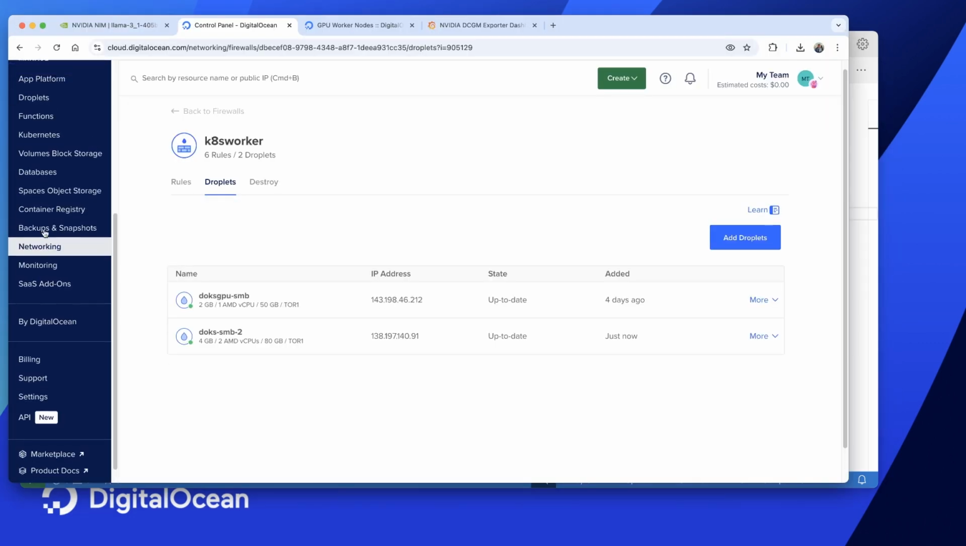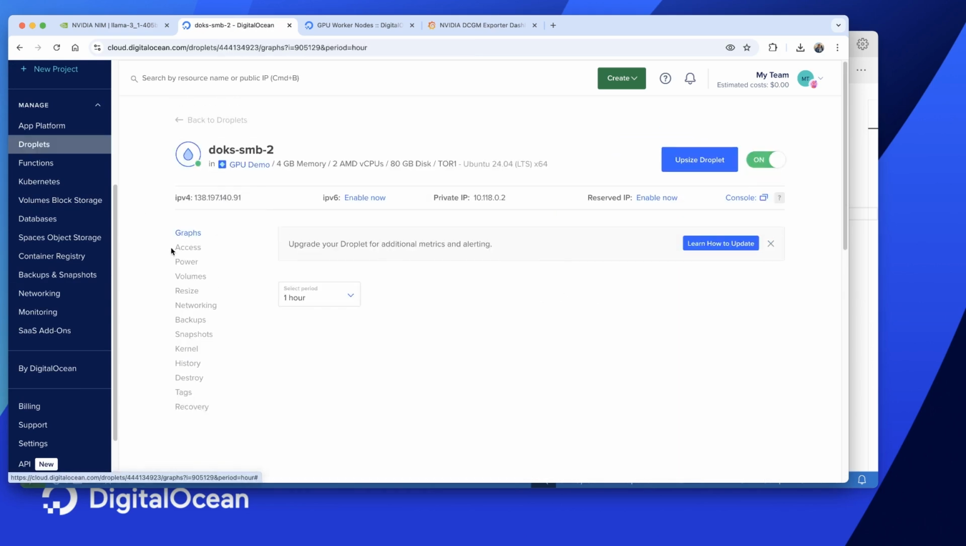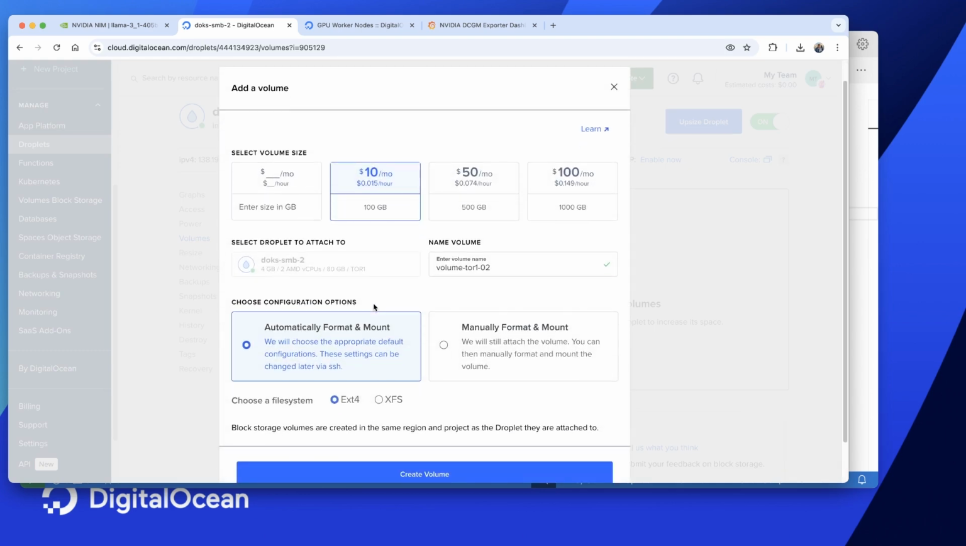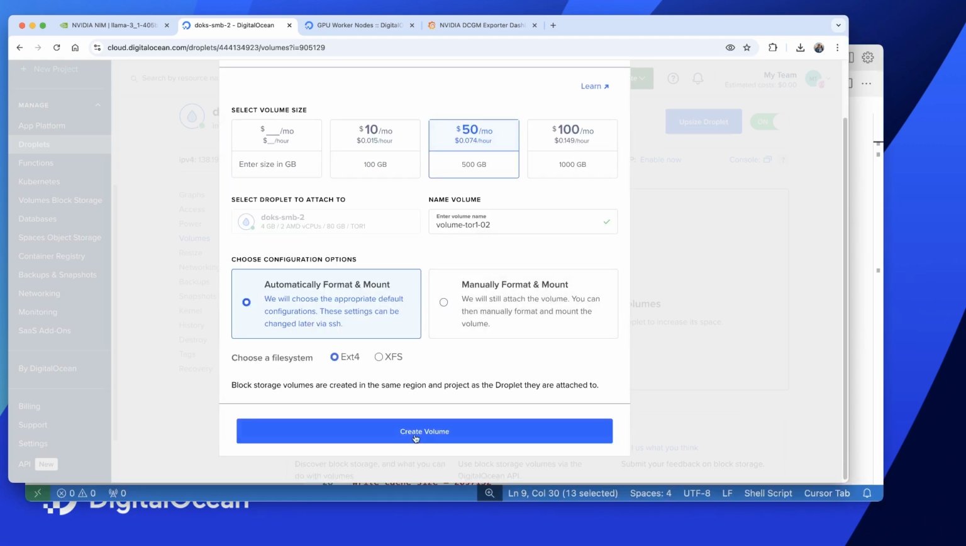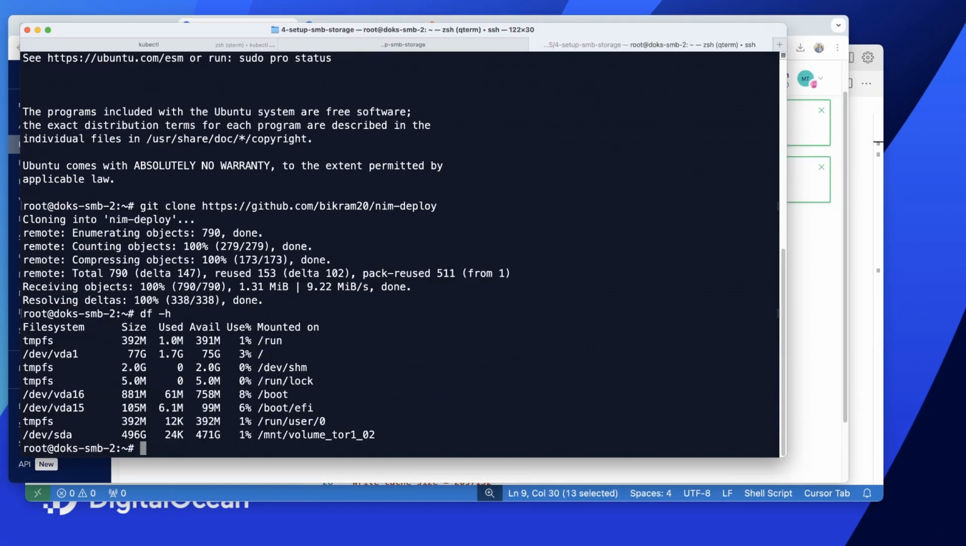So let's go back to our droplet and go to volumes. I'm going to click on add volume. I'm going to add a volume that's 500 gigabytes in size, and then we want it to automatically format and mount. So we'll click on create volume. And then if we run a df -h, we can see that this volume has been attached and it's here. It's at volume tour01,